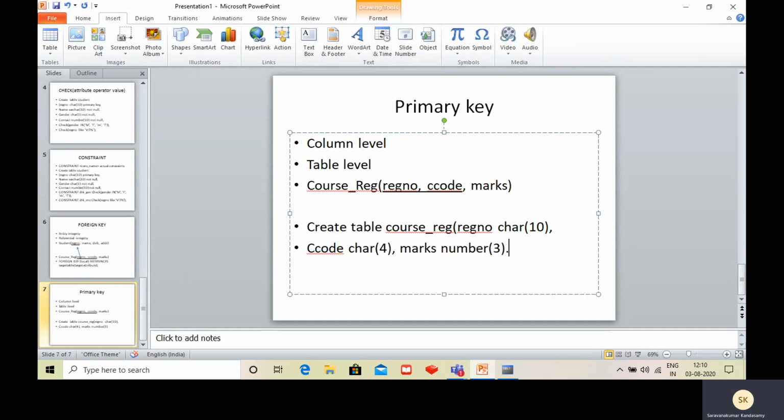Now what I do is put the keyword separately, primary key of, what is the primary key? Register number, comma, course code. It acts as a primary key. This is the way to create a table level primary key. See this? So I can put any number of attributes together as a primary key for a table. If I use only one attribute as a primary key, I can designate it right there, that is called column level primary key. But when I have more than one attribute to designate a primary key, I have to go like this. Okay.